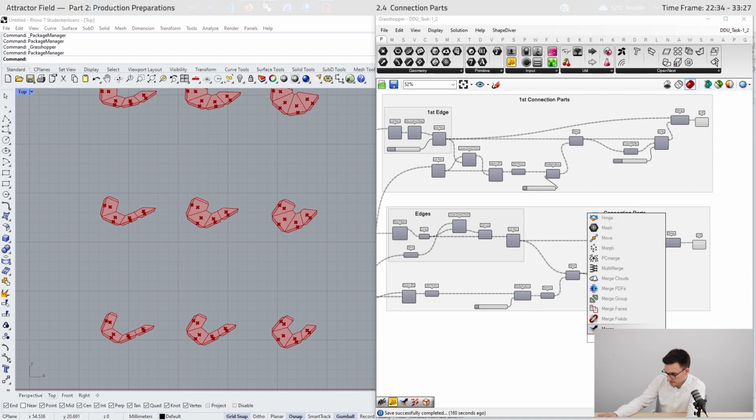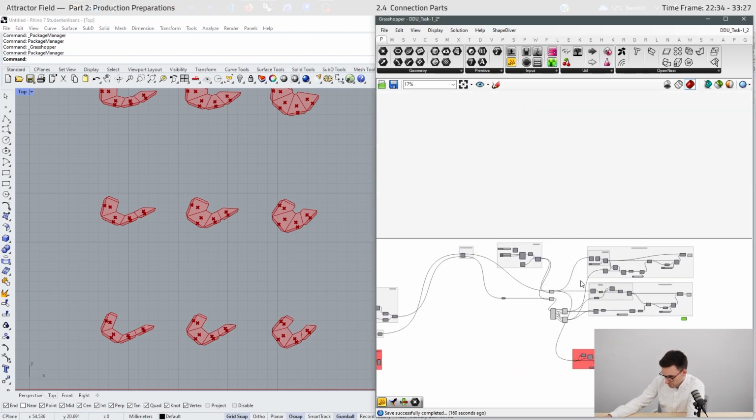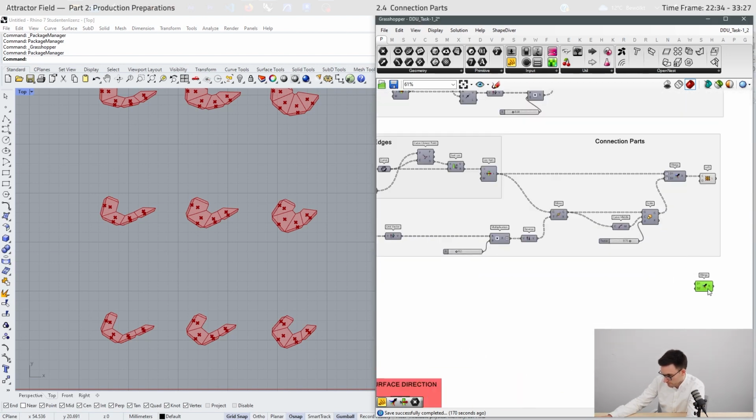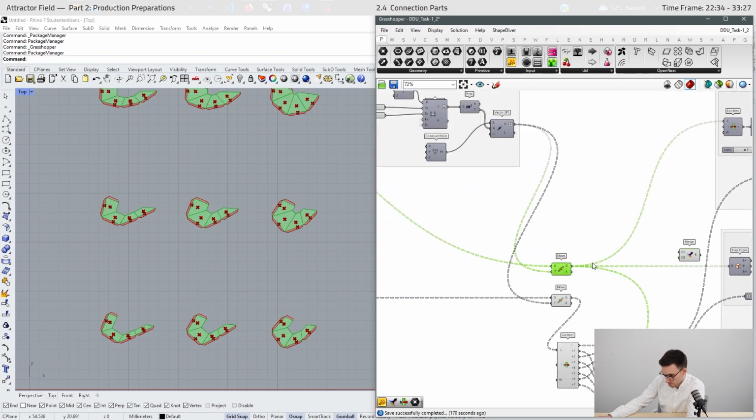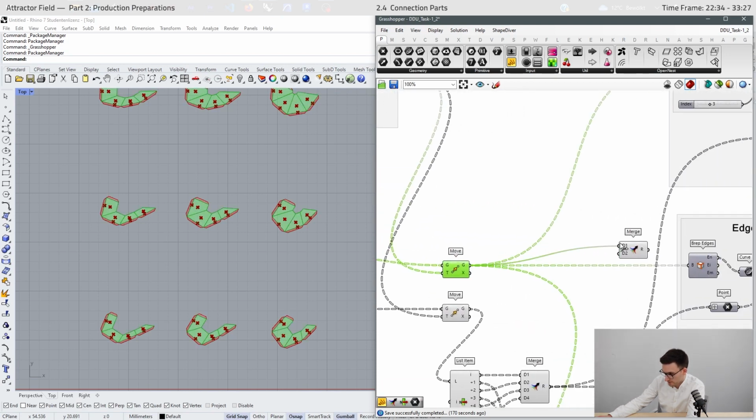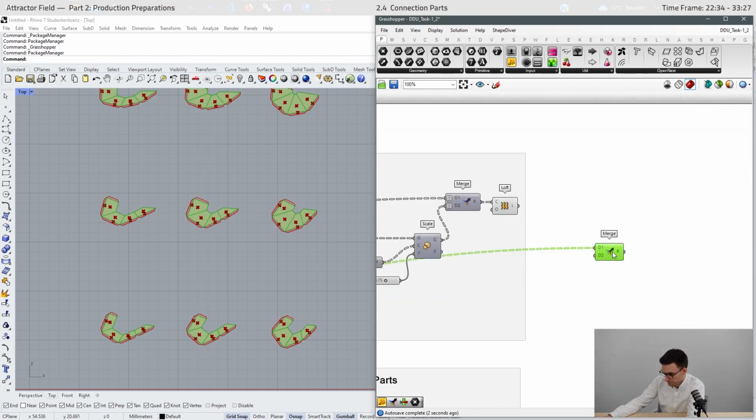Now we can just merge every surface. So starting with our surfaces right here, merge them.